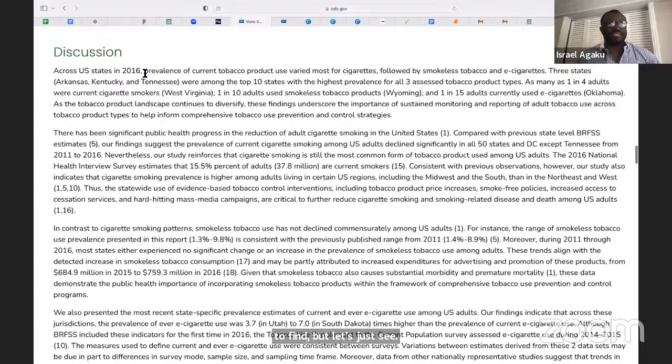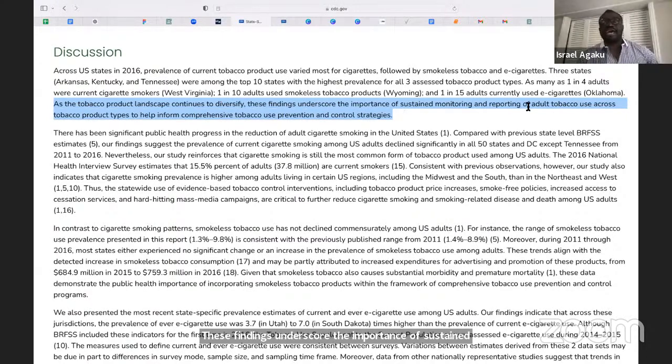Across US states in 2016, prevalence of current tobacco use varied most for cigarettes, followed by smokeless tobacco and e-cigarettes. See, they are synthesizing the most important findings. 3 states, blah, blah, blah, were among the top 10 states with the highest prevalence for all assessed tobacco product types. And they proceed. And then, as the tobacco product landscape continues to diversify, these findings underscore the importance of sustained monitoring and reporting of adult tobacco use across tobacco product types to help inform comprehensive tobacco use prevention and